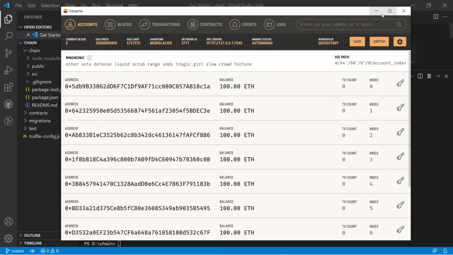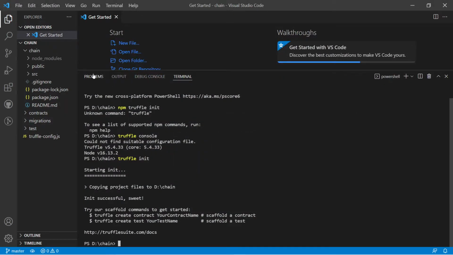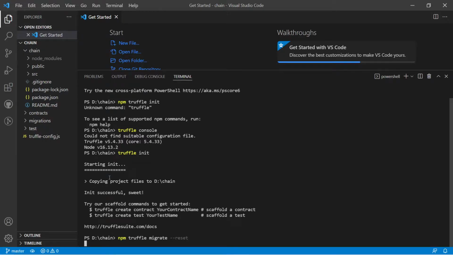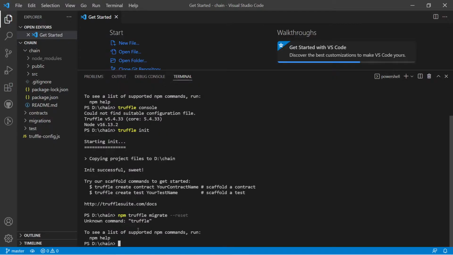So that's all. Now you just have to do truffle migrate --reset. You will need to give this command, truffle migrate. Okay, let's see what's happening.